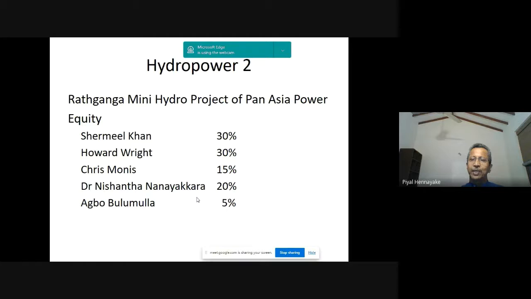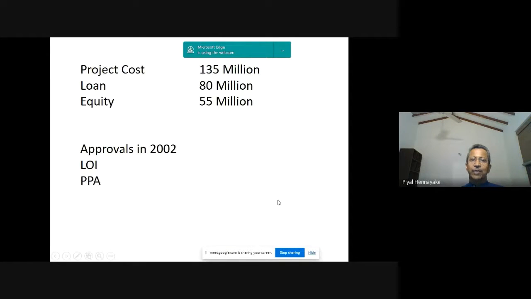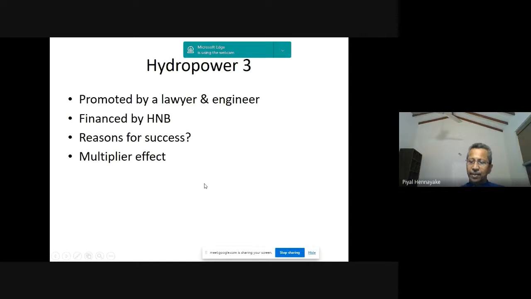So he got 20% equity, and the project was done. Project was financed. Project cost 135 million, loan 80, equity 55. Approvals in 2002, letter of intent and power purchase agreement. Yeah, in this project